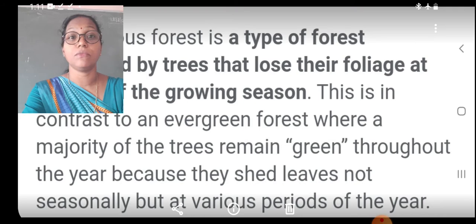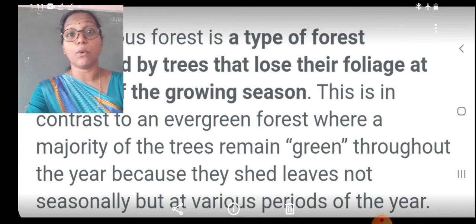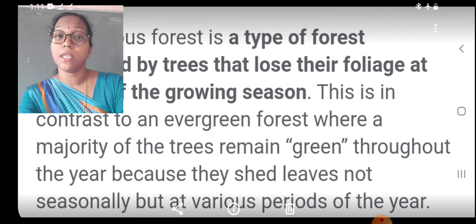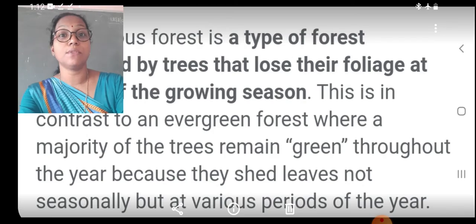The evergreen forest and deciduous forest are different because in the deciduous forest the trees shed all their leaves in particular seasons, but in evergreen forest the forest is green throughout the year. They shed their leaves from time to time. In evergreen forest, the mature leaves become yellow and fall off.